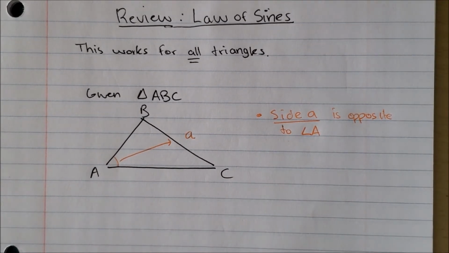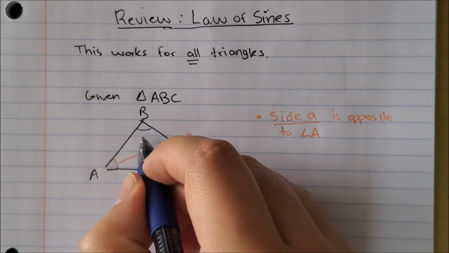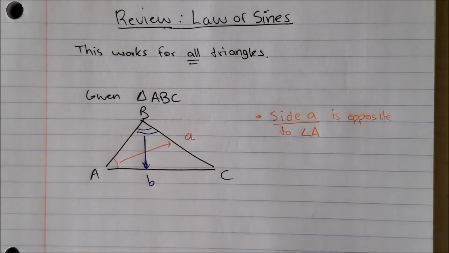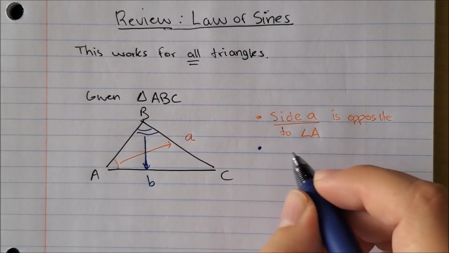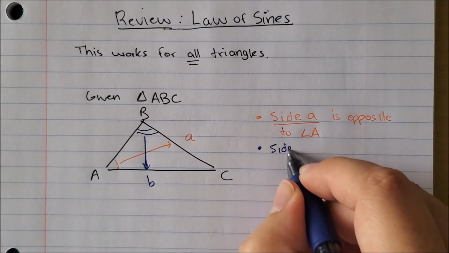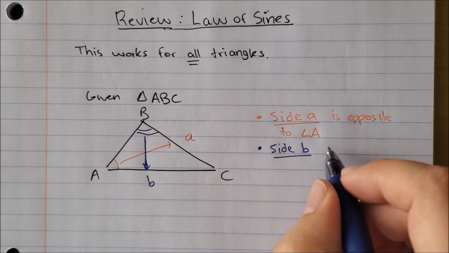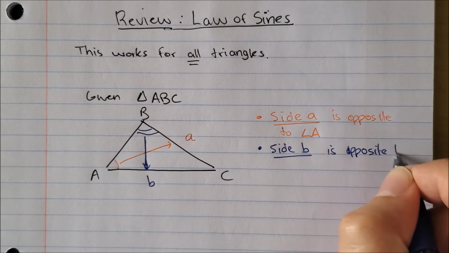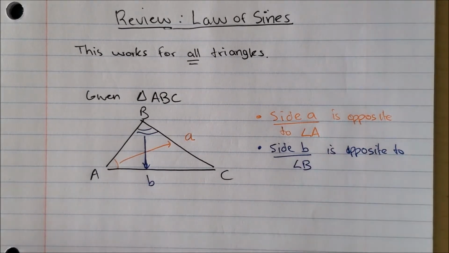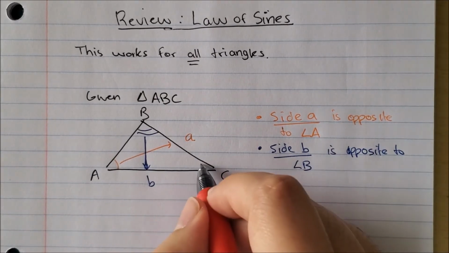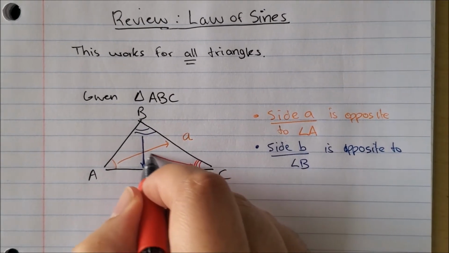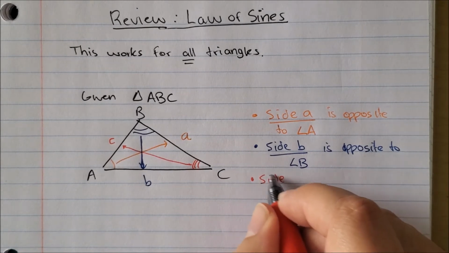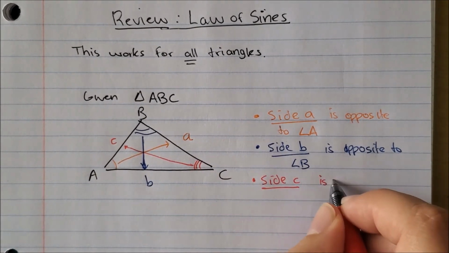Okay, now let's do another one for big B. So this one, its little b has to be on the opposite side, right over here. I'll also mention here in the blue that side little b is opposite to angle B. And last but not least, here's C. Again, its opposite side is over here, which is little c. So side little c is opposite